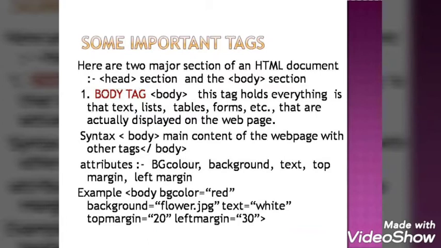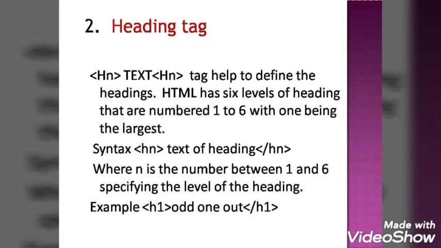Okay, heading tag. Heading is a must, right? So for heading we are using HN. Now why HN? H is for heading and N is for the size of the heading. See, headings are of different types. One is the main heading, then sub-heading, right? Many headings are there. So N is for the number, the size of the heading. And under the size, 1 is the largest size. So for the first heading, you can write H1, then H2 and H3 and so on. Like this, we can give number.